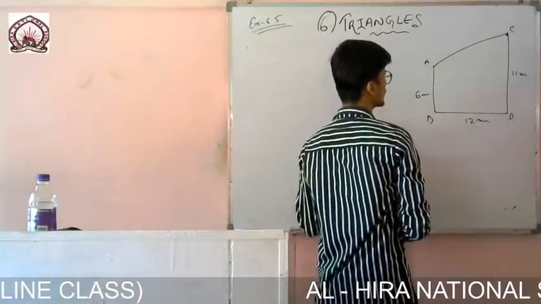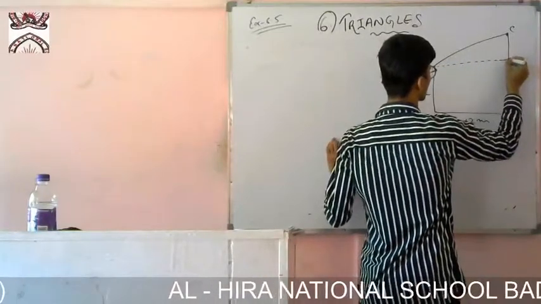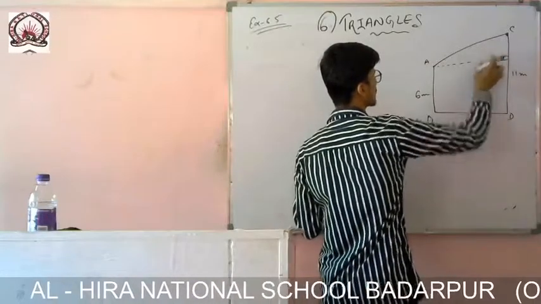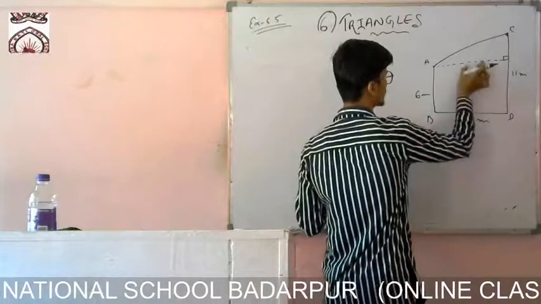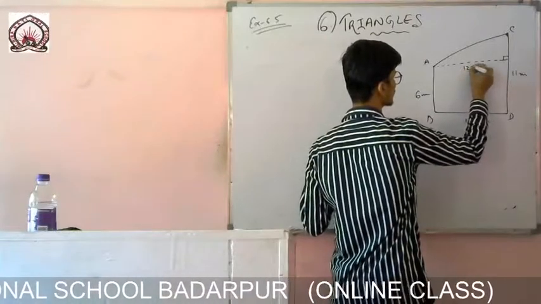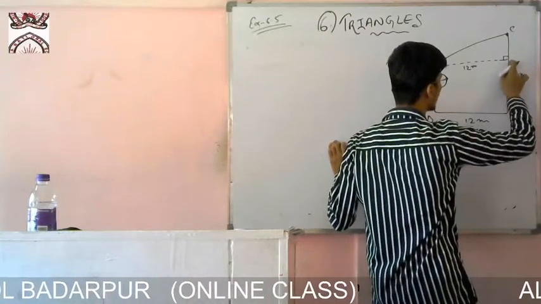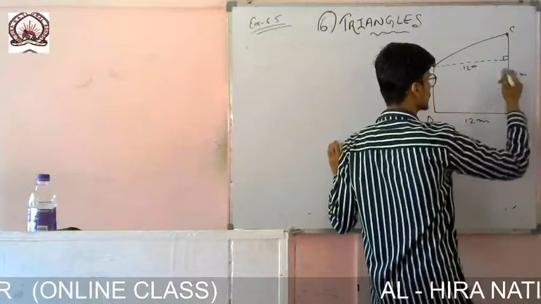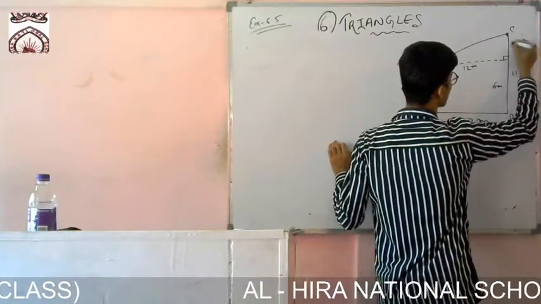To find this one, what do I have to draw? I have to draw a line like this. So if I draw a line, then this one will be 90 degree. Okay, and then I can use the Pythagoras theorem here. So for that purpose I need this measurement. This one and this one will be equal, so this one will also be 12 meter. If the measure of this whole line is 11, then this part, same as this one, will be 6. So this one will be 11 minus 6.